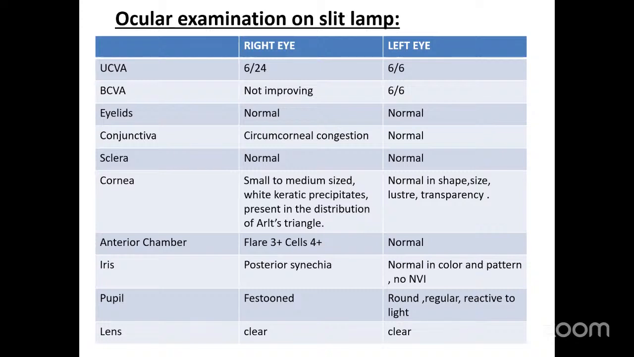Van Herick's grading. Do you know how to do it? Yes, ma'am. We have four grades of Van Herick's grading. How do you do it? We make a slit and place it at the limbus. Which limbus? Temporal limbus, ma'am. And then we compare the breadth of the slit with the